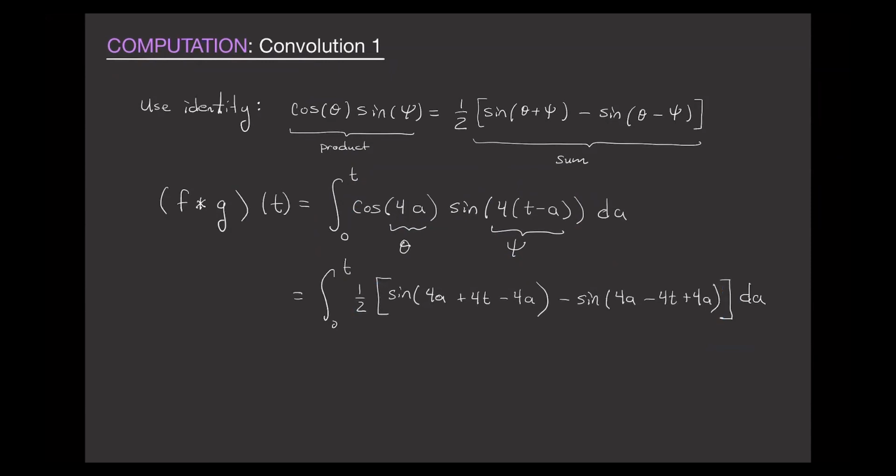If we simplify some of this, what we end up with is the integral from 0 to t. Actually, I'll factor out the 1/2 while we're at it. And we get sine of 4t minus sine of, let's see, 8a minus 4t, dA. And now we can break this into two integrals. We can say 1/2 integral 0 to t of sine 4t dA,